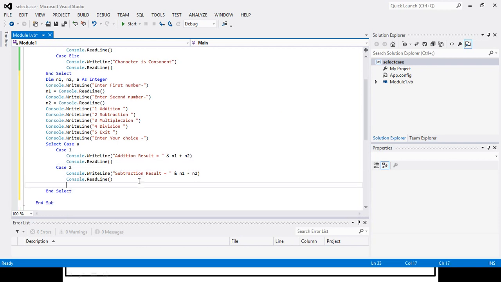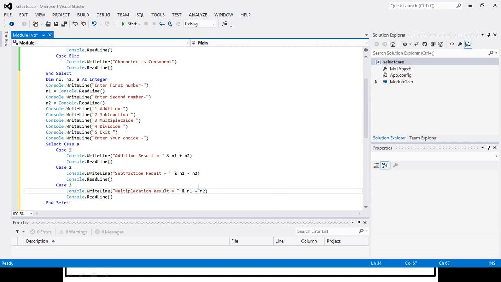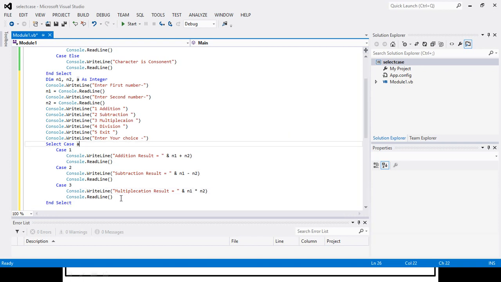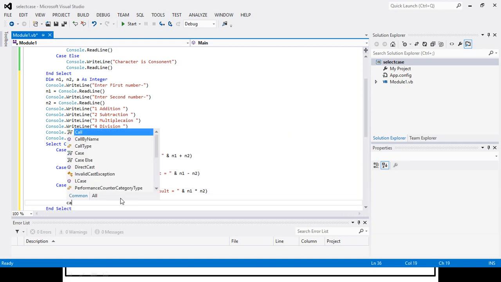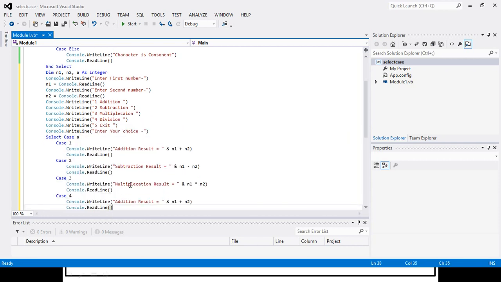After that case 3, and here multiplication, and here the small change. After that we have case 4 for division.